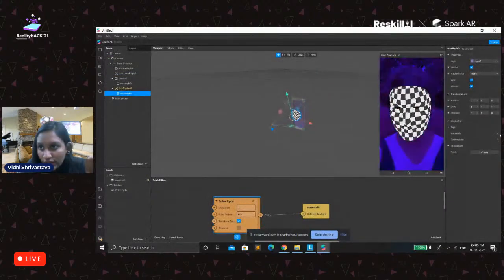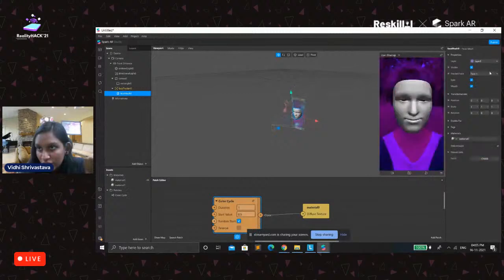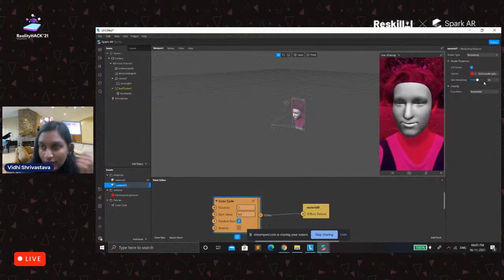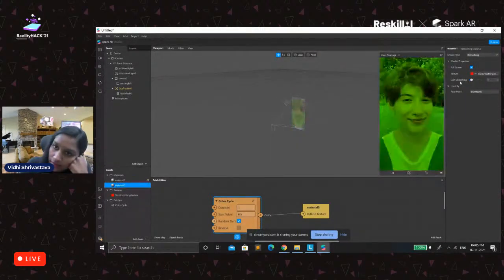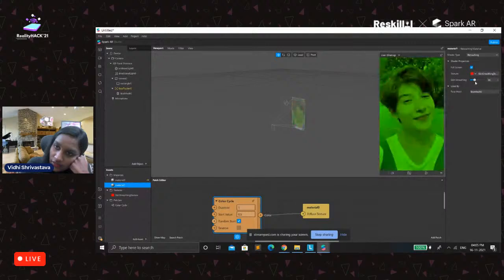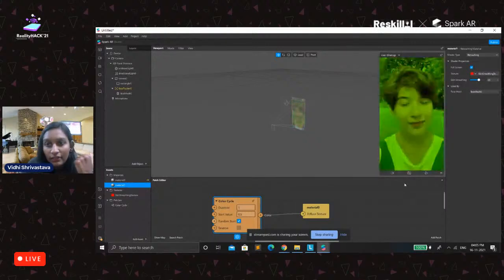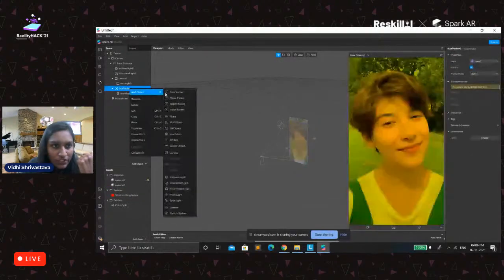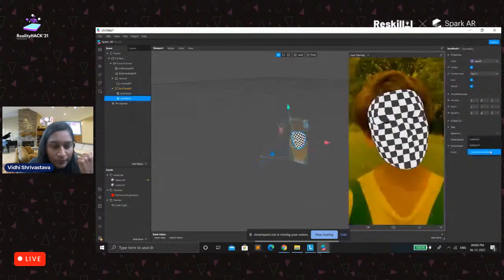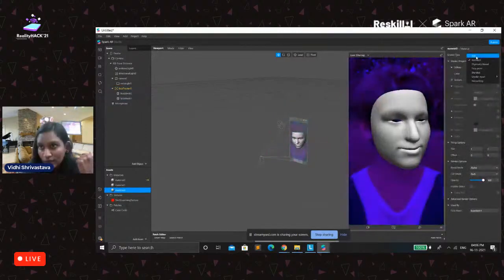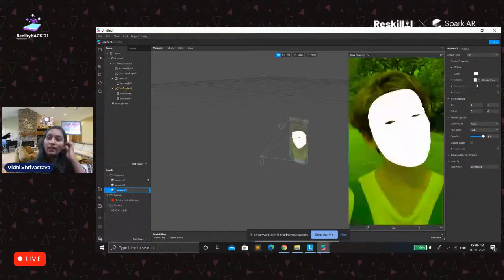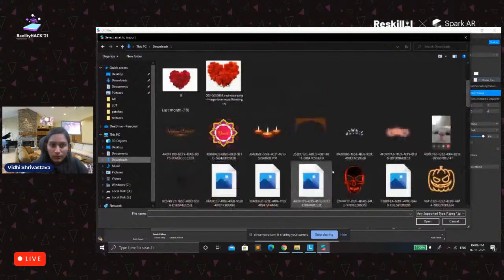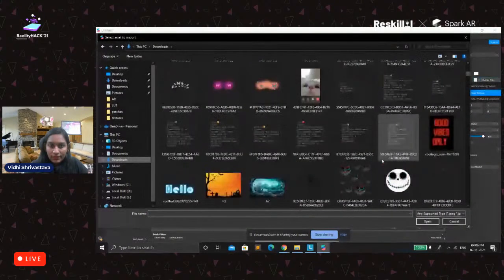And for example, if we want a little bit of smoothing, we will go with retouching. See, this is 0 and this is full. You could see the difference. And suppose I want to add one more face mesh here, add a material to it, make the shader type flat, and let's add a texture to it. Let me add this one.